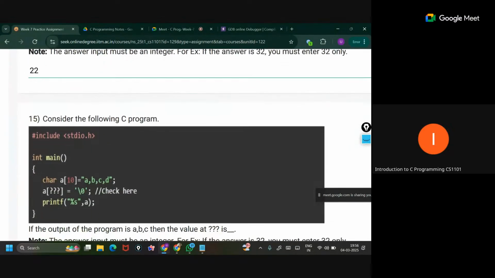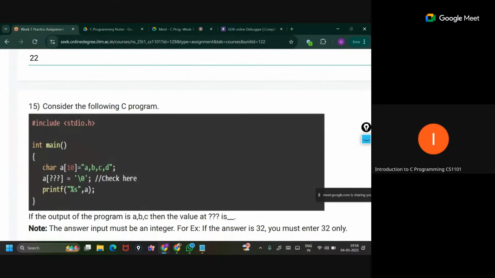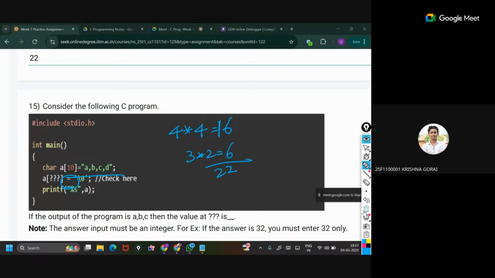Here they have mentioned that the output of the program has to be A, comma B, comma C. That's it. But here the string contains A, comma B, comma C, comma D. So I have to give a null terminator at which location? Ma'am, third location. So this is the first index, second index, third index, which means here,